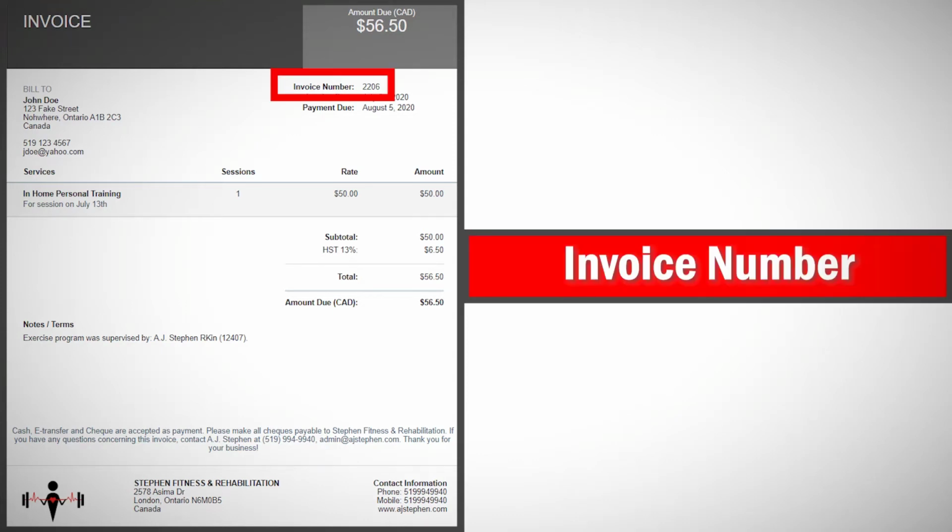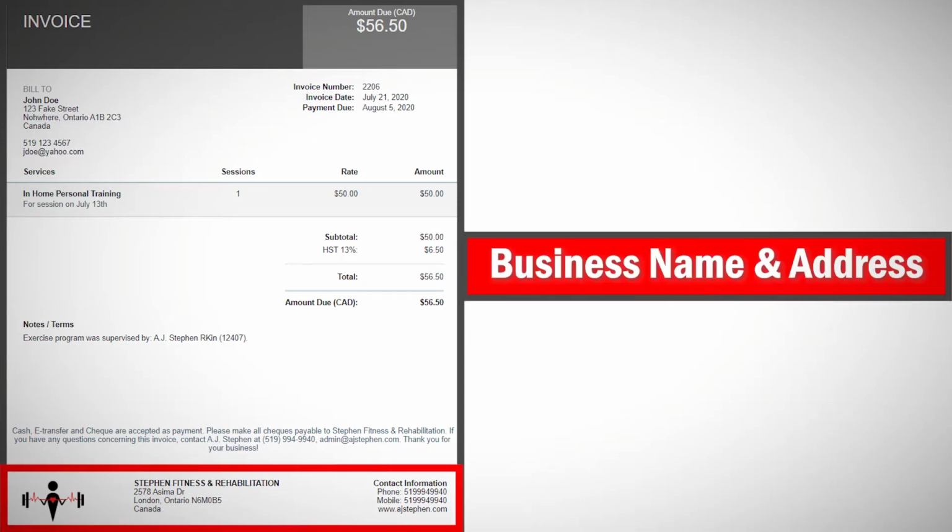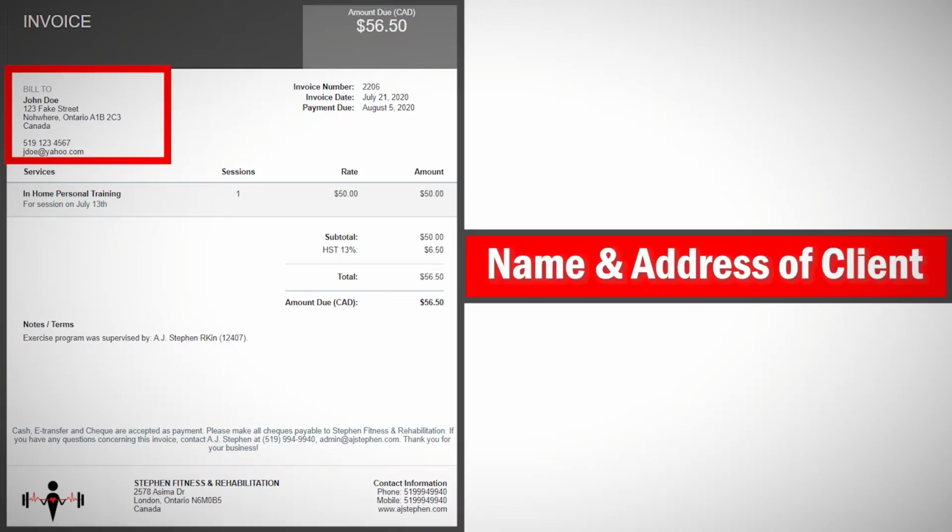Next, you need an invoice number. This number must be unique to each invoice for clear identification. You also must keep a record of the numbers and references used. Following that is your business name and address. This includes the name of your practice, business address, and where you can be contacted by the client in case of query or dispute. You'll also need the name and address of your client, which you would have hopefully obtained